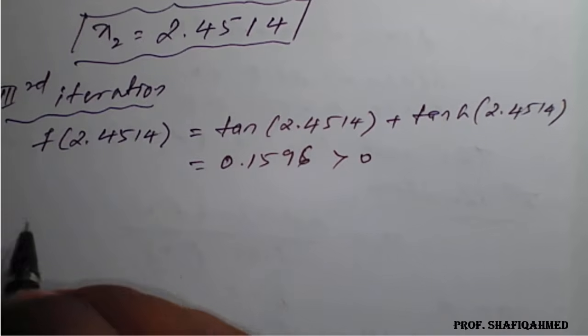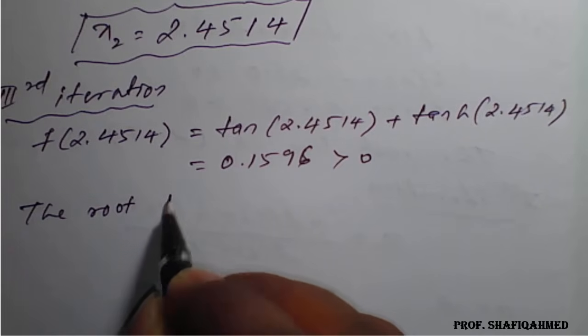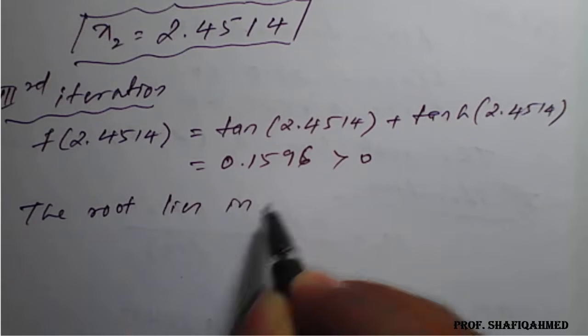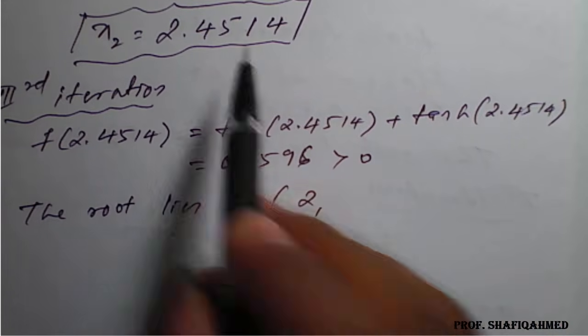Since it is positive, the root lies in, so 2 will remain as it is, and instead of 2.5889 we have to write this,